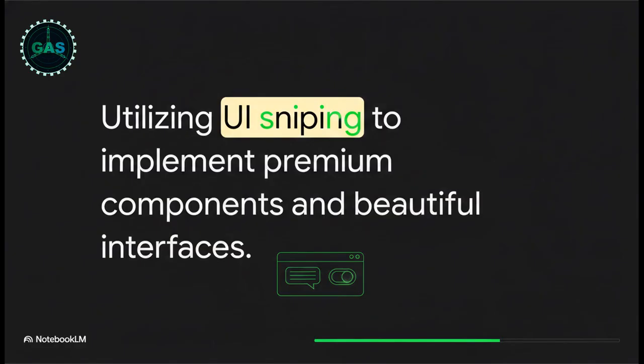Doing the job is one thing, but looking great while doing it, that's another. The source material talks about this fantastic technique called UI sniping. This involves grabbing code for premium components, like really beautiful chat windows, high contrast borders, or sleek dark mode interfaces from libraries like CodePen or 21st. This ensures your app looks like a premium top-tier product and not a cheap $2 suitcase.